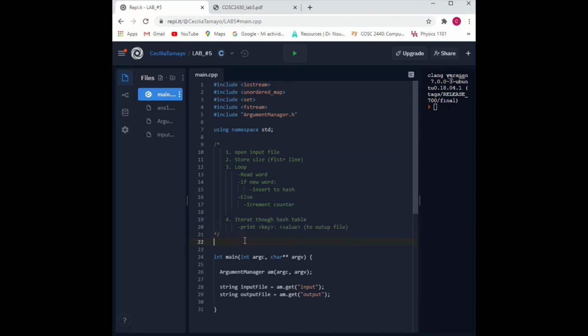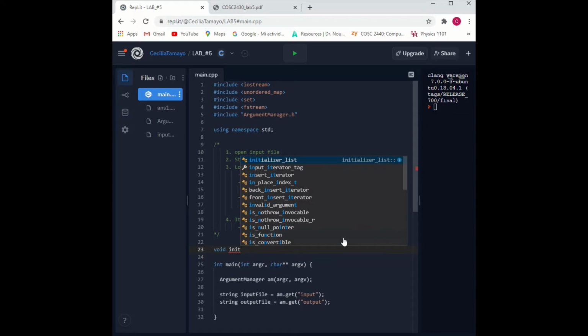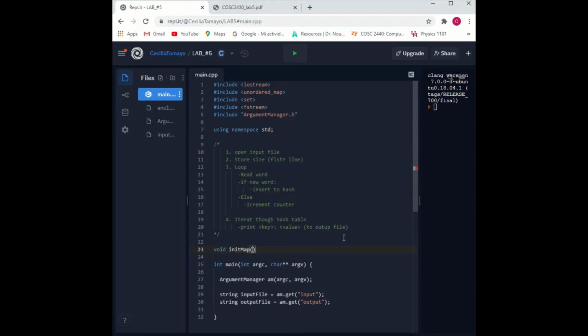All right, so I'm gonna be doing a void function definitely. So it's gonna be void, and let's name it initialize mappings, because we're gonna be initializing our mapping and everything. For the parameters I'm thinking we can give to this function, for sure we need the input file we're gonna be reading from, because we need to open the file, right? So I'm gonna make a string input file,